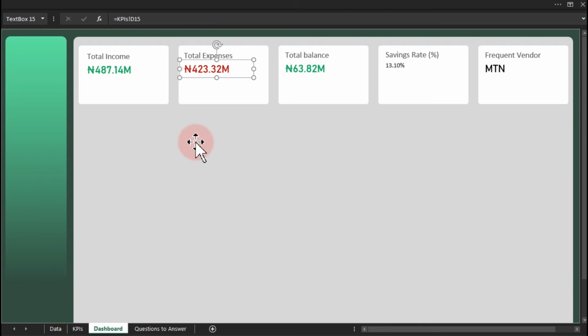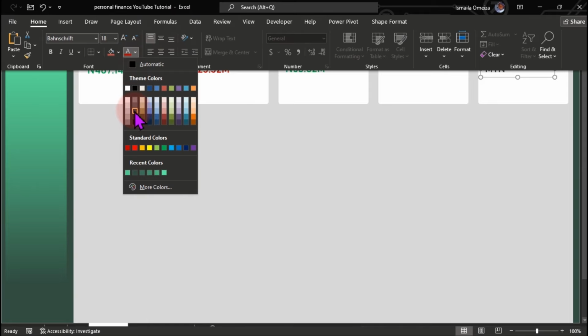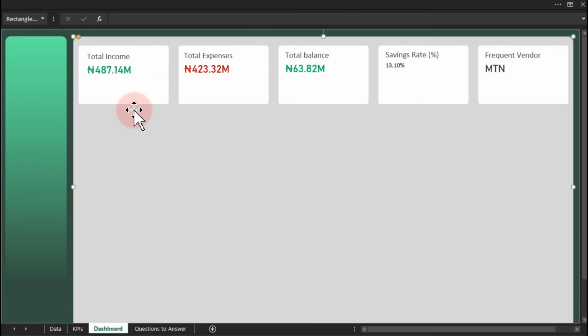This is okay. So we want to make this one dynamic. And as well, this one as well can be dynamic if you want. But how do we do this inside Excel and make sure it gives us what we want? So let's go over here and make sure we select a particular calm black color. Something like this looks better. Okay, now this one is the problem now. Let's go